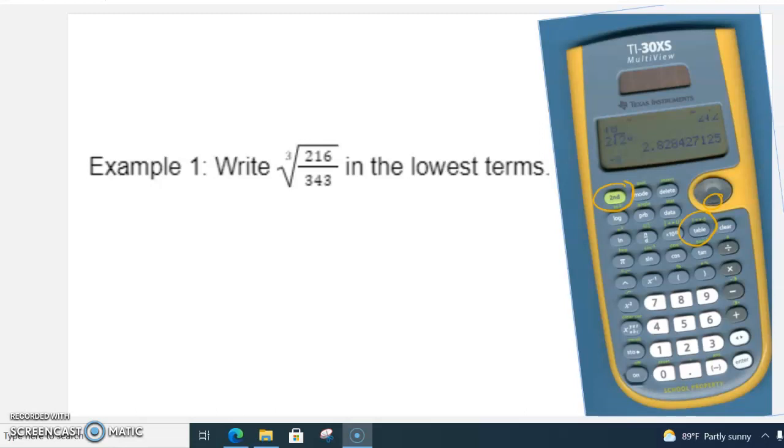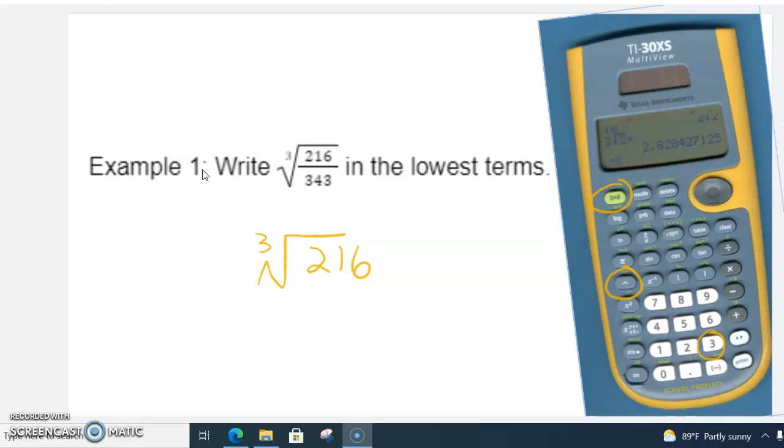All right, guys, we're going to go ahead and look at example 1. So for example 1, what we can do is take the cubed root of the top number, which is 216. The way you're going to do that on the calculator is hit second, then hit the 3, because we want to do a cubed root, and then second, and then caret, and that will let you do a cubed root on your calculator. So you're going to take the cubed root of 216 to find what's going to be in the numerator,